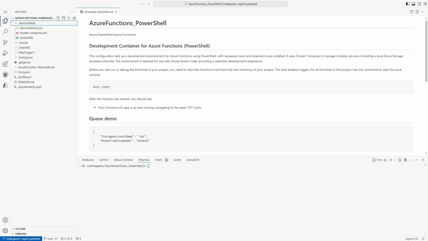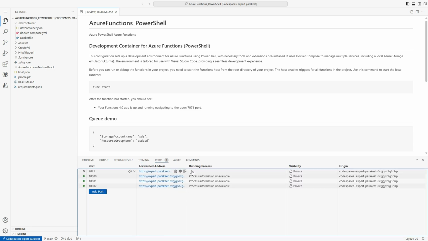So I'm just going to walk through some of the dev container first. The dev container is essentially the Codespace that I'm running. So this Visual Studio instance is actually in a Docker container delivered and served up to me from GitHub. We can see here we've got the ports that are available. For example, 7071 is our function port that we'll be using. So if we open that up,